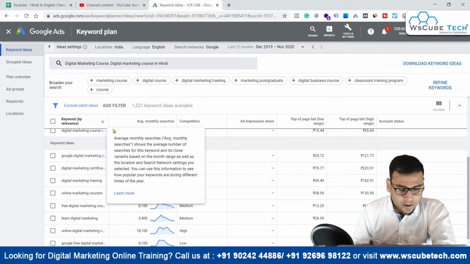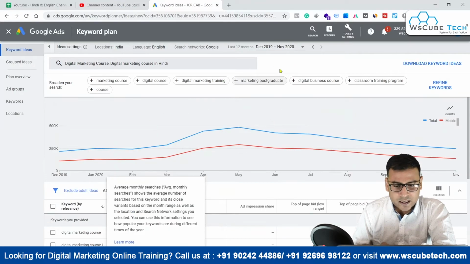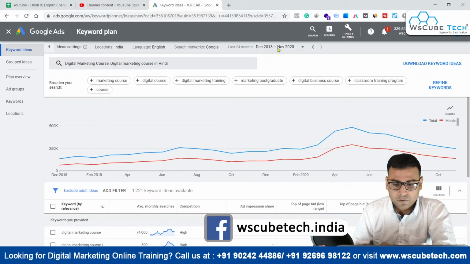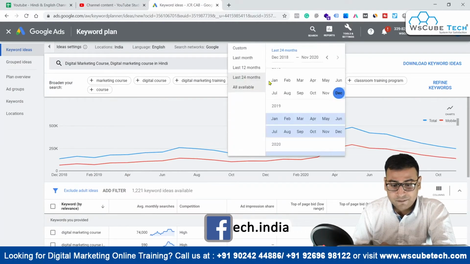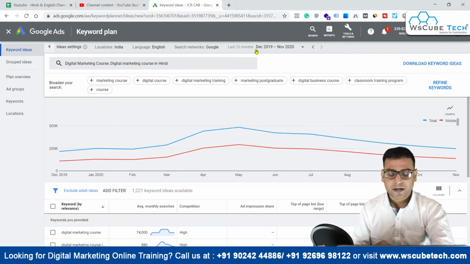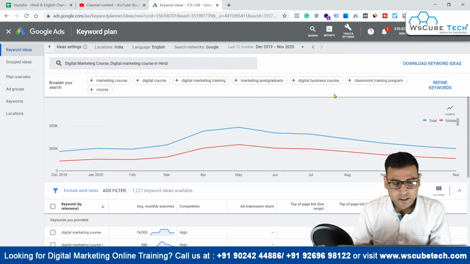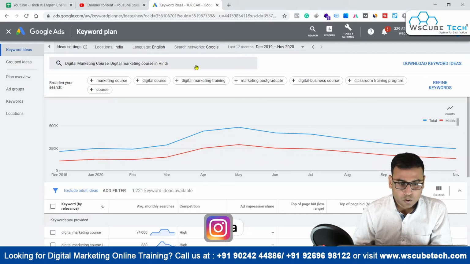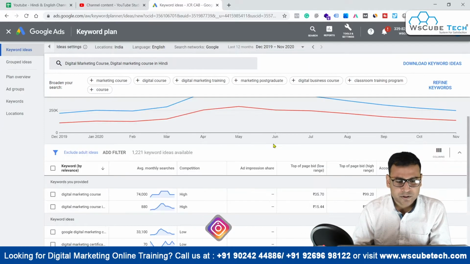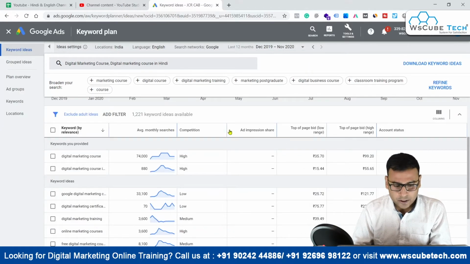And right now whatever data is showing over here is basically from the last 12 months. We have different options also. We can go with last 24 months also. We can go with all available data also, but for now we will come back to this 12 months. So we will be analyzing last 12 months data. Now as you know that we have basically entered two keywords over here which were kind of seed keywords for us. Now we are going to see some mathematical metrics around it. So here are some important things that you have to keep in mind.